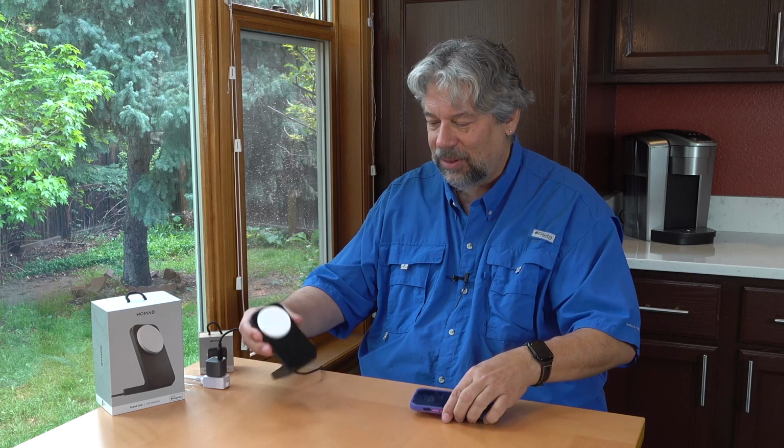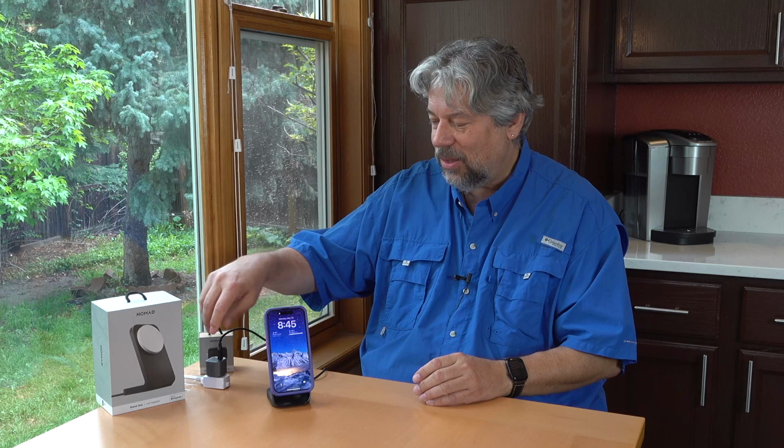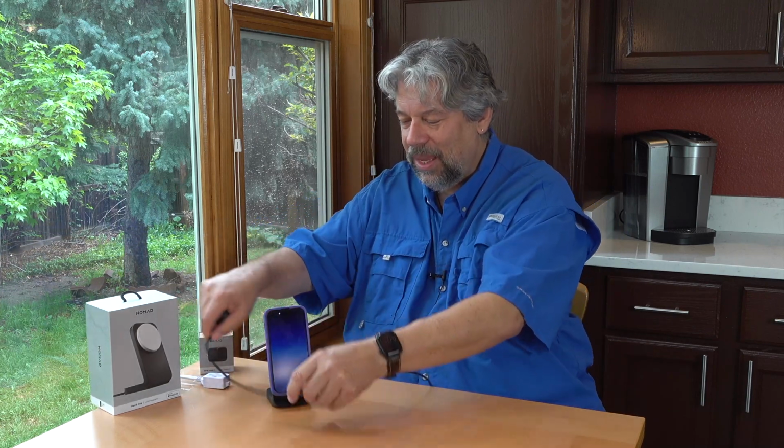Now, one more thing I can tell you is that it comes in 2 different colors. There's this carbide color, and you can also get it in silver, which is that typical Apple silver that so many devices have. And the other thing that Nomad sent me that I also really like is this is the